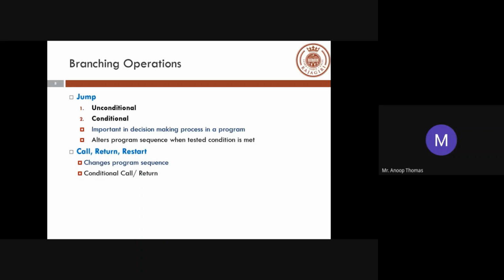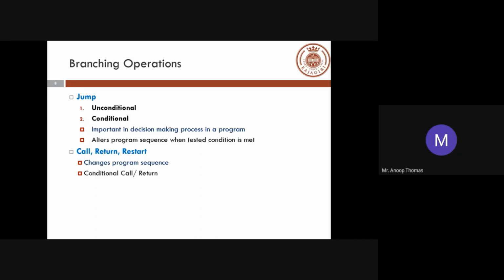Usually when you have a program, it runs sequentially. If you are starting with 8000H, that's your starting address. The next instruction will be at 8001H or 8003H, sequentially. If it's a 3-byte instruction, it will be at 8003H, whatever. So you have a sequential way of dealing with that particular thing.